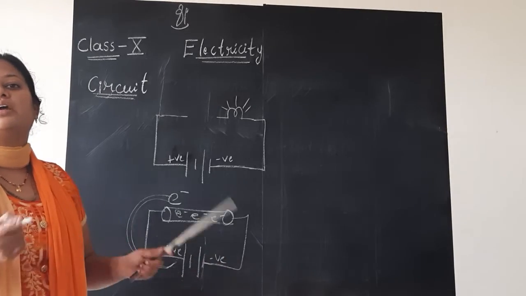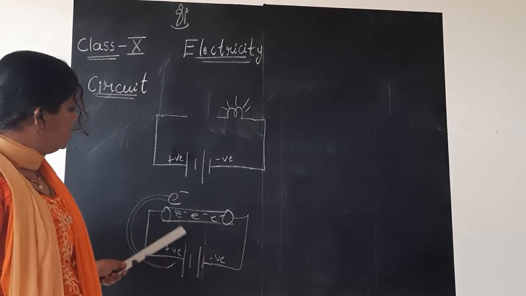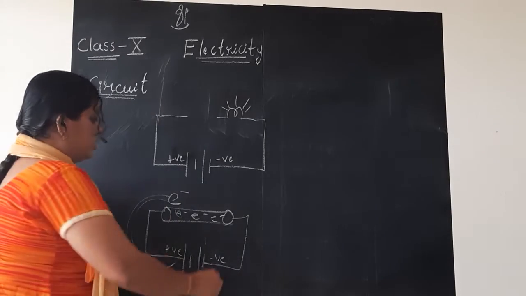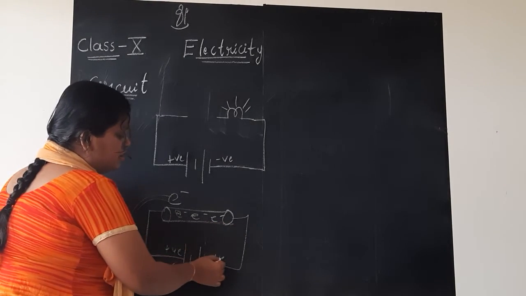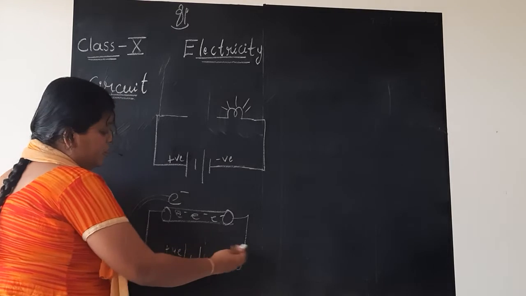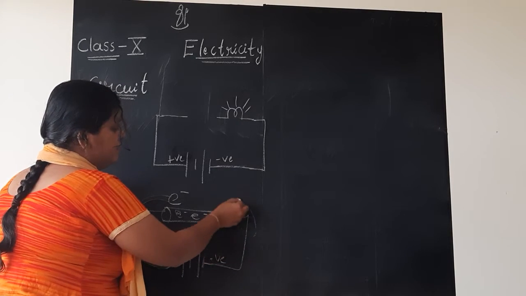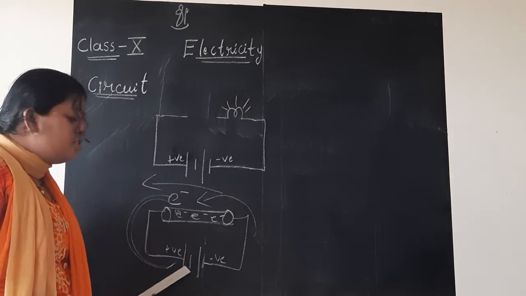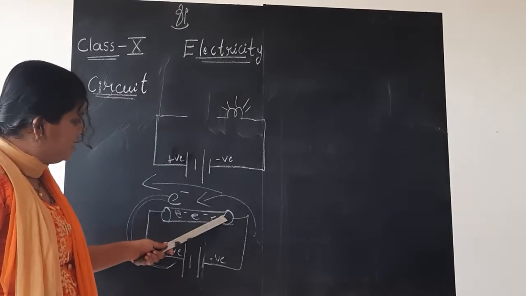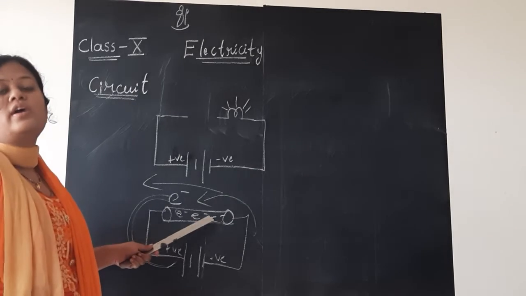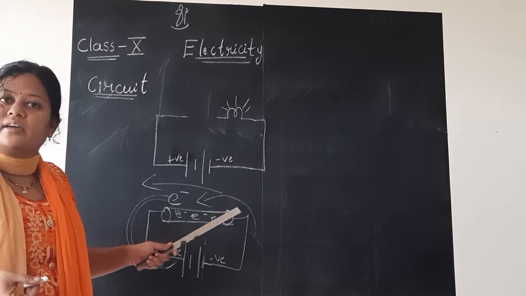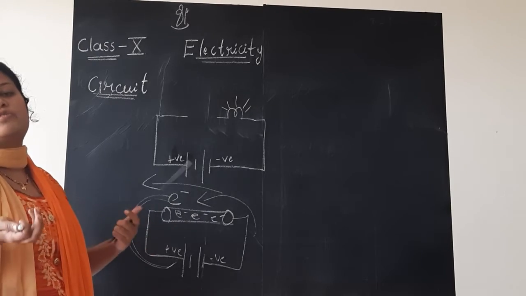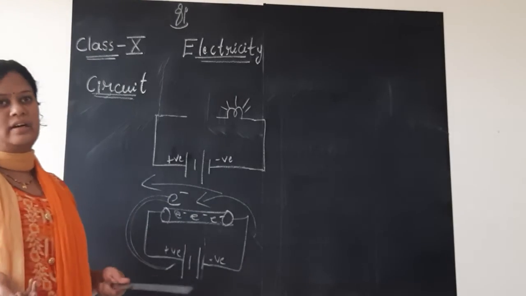The electron is negatively charged and this is the negative terminal of the battery, so like charges repel each other. But the positive of the battery and the negatively charged electron get attracted to each other. So the electrons are repelled from the negative terminal and move in this direction, and hence when the potential difference is applied, the electron starts to flow, hence conducting. Conducting means making the current flow. We have studied that flow of electrons or flow of charges is electric current.